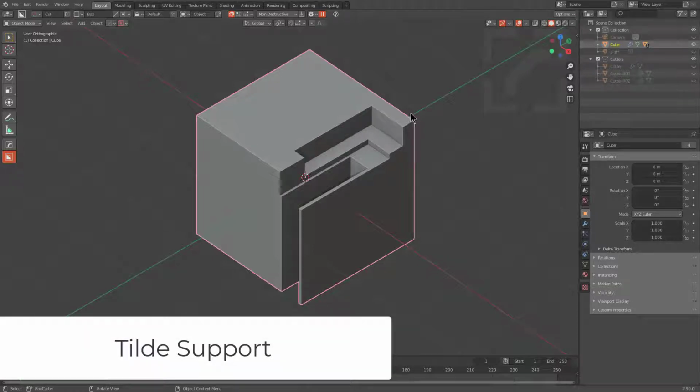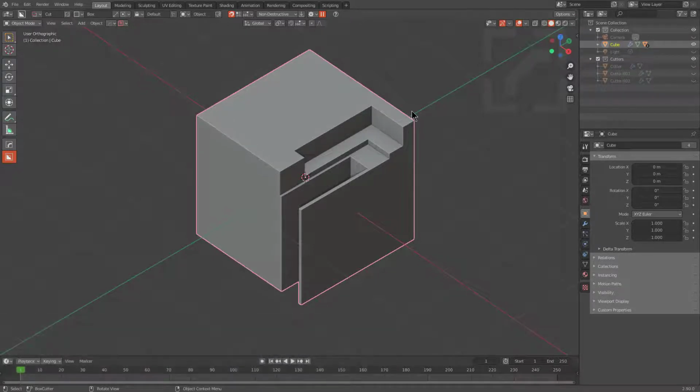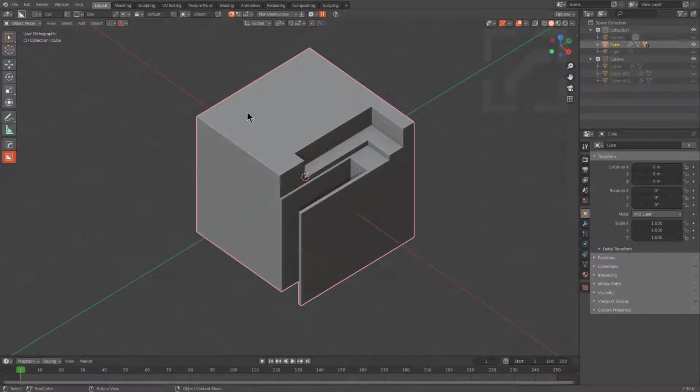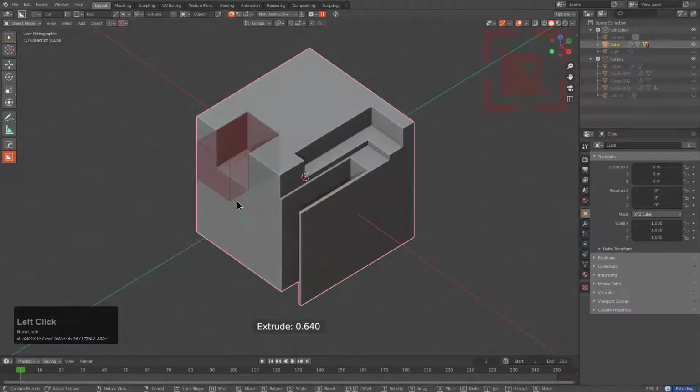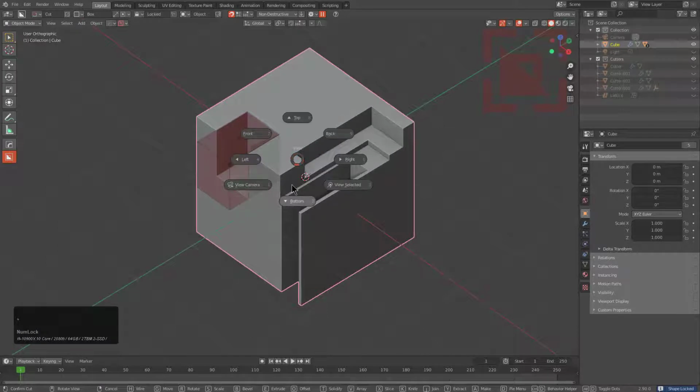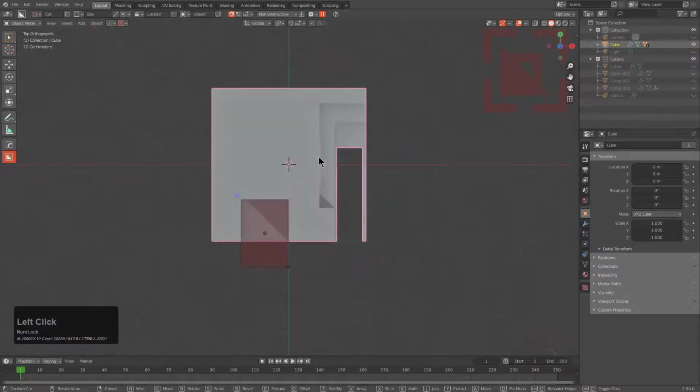So with all content now, I have to have a section where I talk about tilde. In the event that you are drawing a box or a shape and you press tab, you can press tilde and you can get this interesting pie that's actually built into Blender. This isn't made by us. And you can use it to adjust your view,